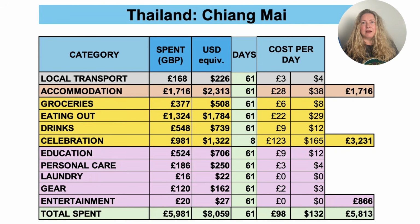Yes. Okay, so that was all of our categories. So we're going to flash up our totals on the screen so you can see them all together, and just talk in general about it. So as we said, local transport, we spent 168, accommodation 1,716, and then our total, because we're being honest, for our eating out and our drinking, including our splash out nights, was